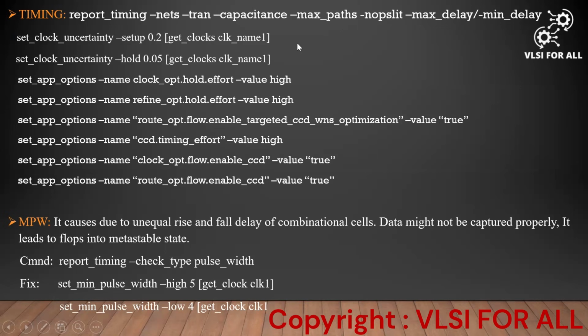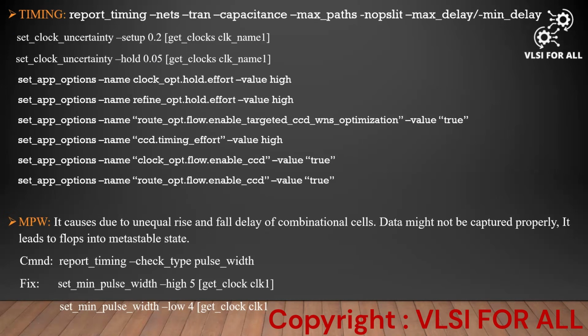After analyzing the timing report, we verify whether the report we get is valid or not by checking the start point and end point, and whether the clocks are getting propagated properly. Likewise, if we have any uncertainty issues in the timing, those values will be provided according to the clocks, based on setup or hold. So that is how we fix the uncertainty issues in the timing. Still, we may have some hold issues. For that, in the CTS stage, we mostly use app options to fix the hold.